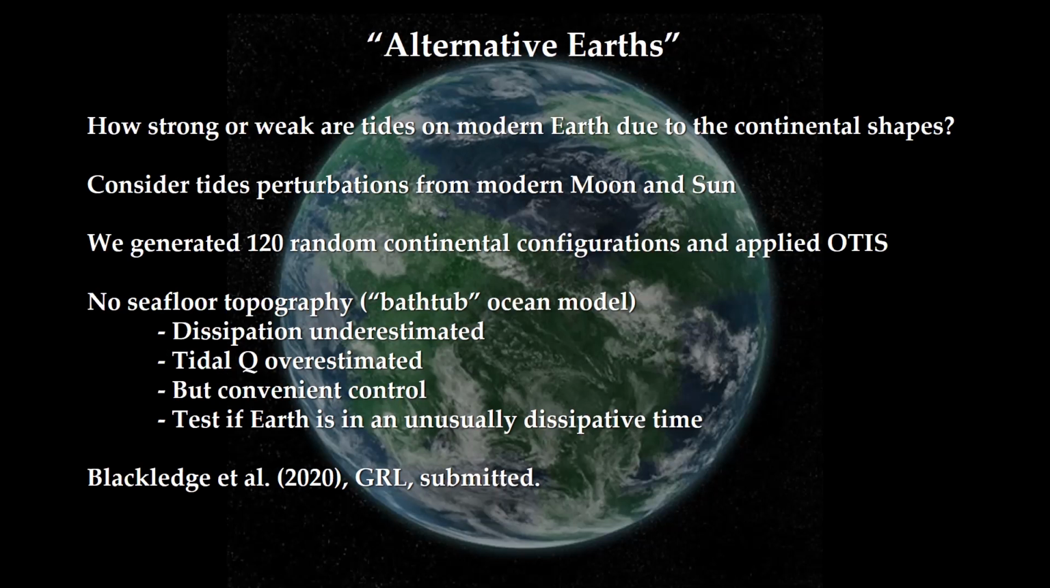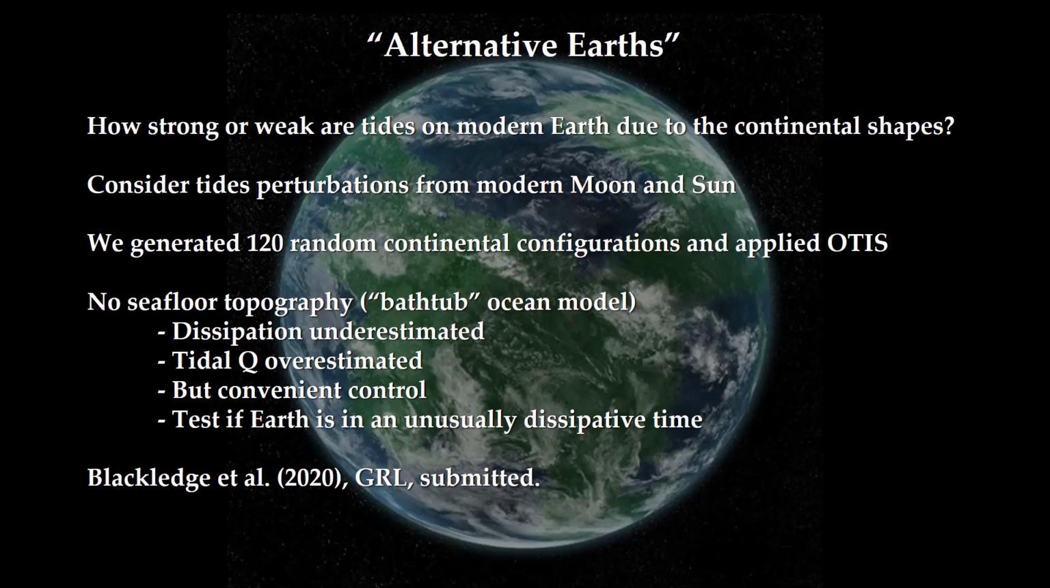on these models. One thing we did here to simplify the approach was to use what's known as a bathtub ocean model, which means there's no seafloor topography, just a perfectly smooth seafloor, because we wanted to control for the continents and not worry about how much different seafloor roughnesses might affect the outcome. What that means is that we have a systematic bias here: dissipation rates are underestimated and tidal Qs are overestimated. And we wanted to test this idea that's been floating around the literature for quite a long time,